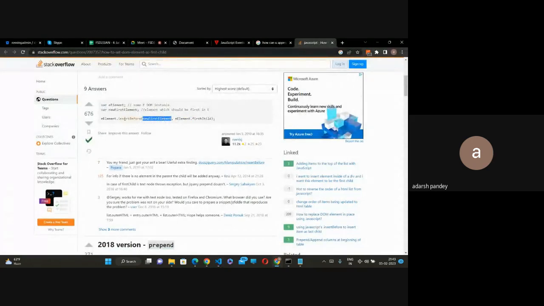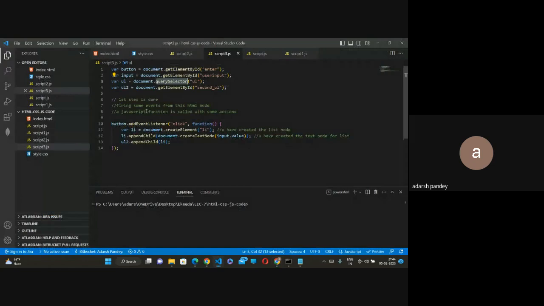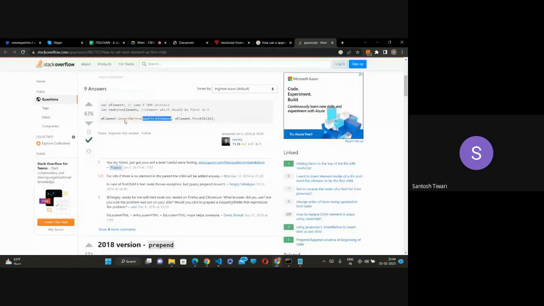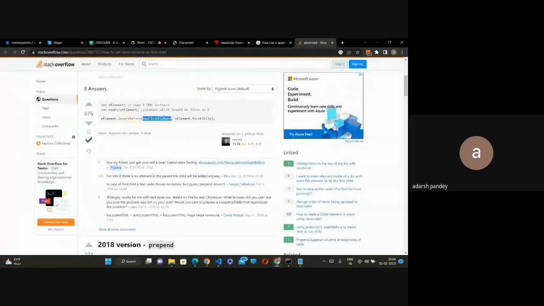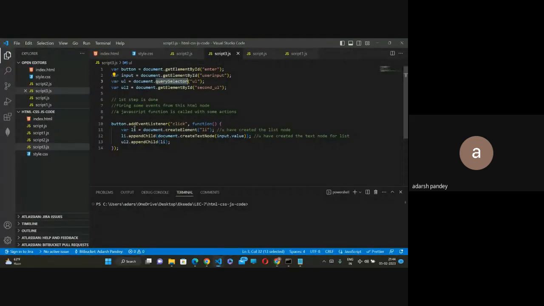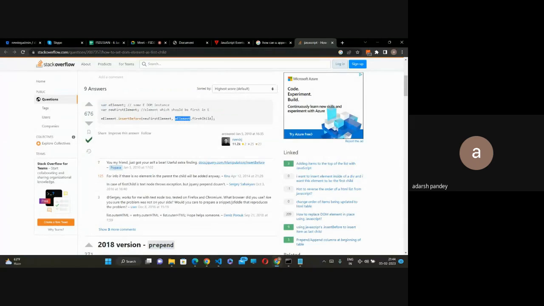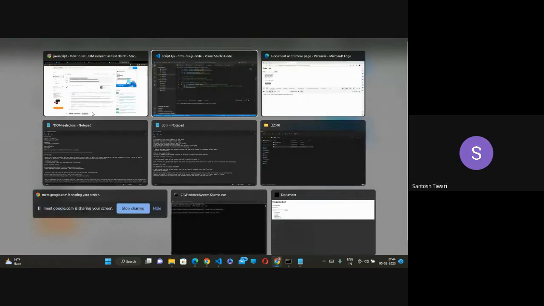और नाउ जब आपको एरे मिल गया तो उसके अंदर आपको क्या करना पड़ेगा, आपने एलआई क्रिएट किया और देन इंसर्ट बिफोर, और फिर जो भी आइटम आप क्रिएट कर रहे हो, जो भी आपने नोड क्रिएट किया होगा, वो नोड और नोड के बाद एलिमेंट जो भी एलआई डॉट फर्स्ट आइटम, अगर एलआई पे आपने नोड क्रिएट किया है तो एलआई डॉट फर्स्ट आइटम आप पास कर दोगे एज अ सेकंड आर्गुमेंट। इट वर्क्स, ट्राई करना। यू कैन। ओके सर, ठीक है, थैंक यू सर।